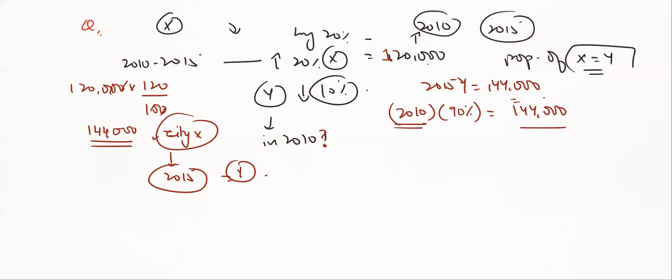Okay, 2010, or we can simply write it as x, where x is denoting the 2010 population. So x is equal to 144,000 into 100 upon 90, zeros cancel, 3 times 3, 3 times 4,